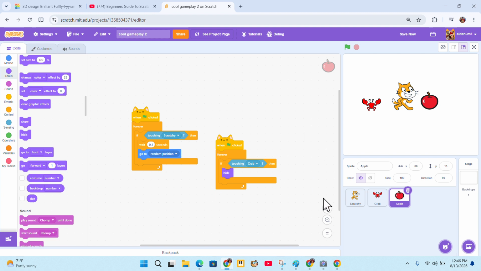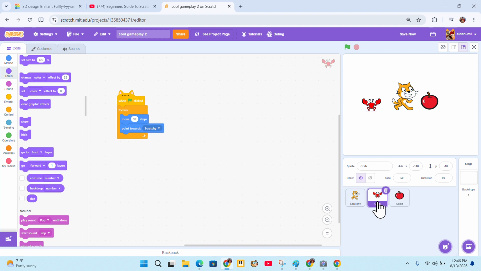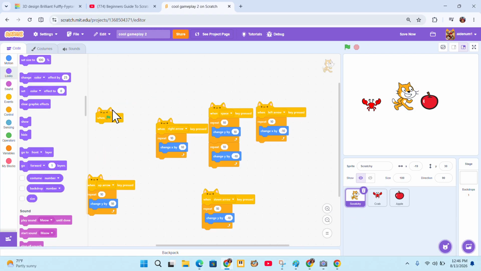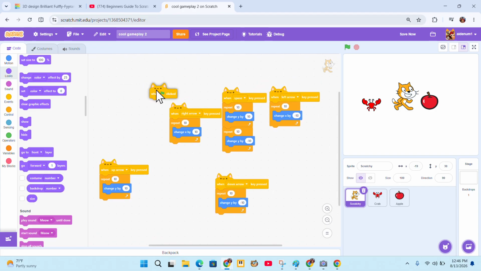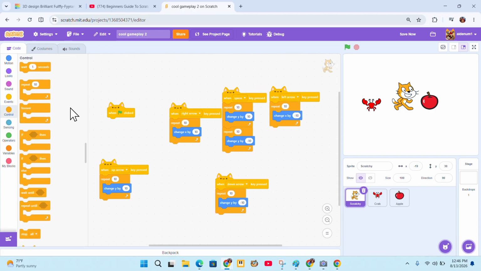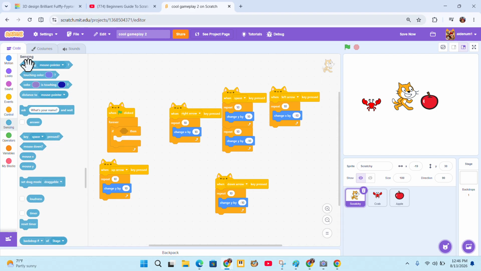And then point towards Scratchy, and then we have to go to here. Now this thing is useful now. We put a forever on it. So when green flag clicked, forever. If touching crab,